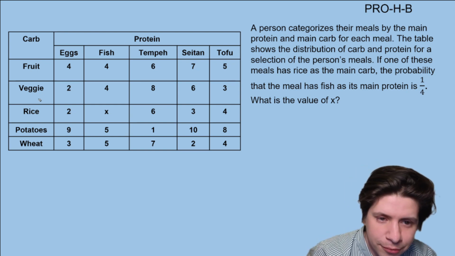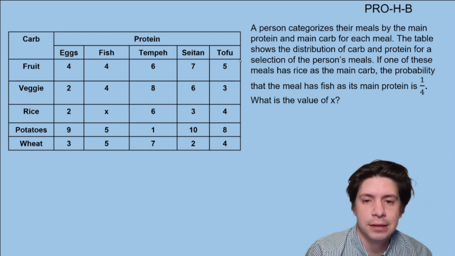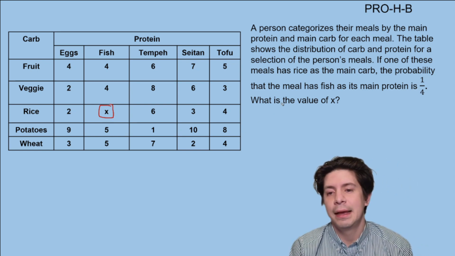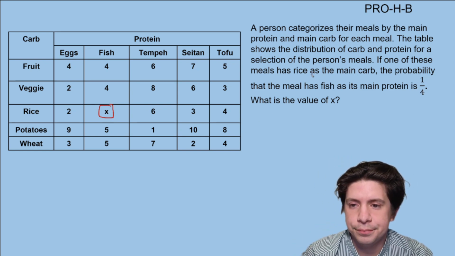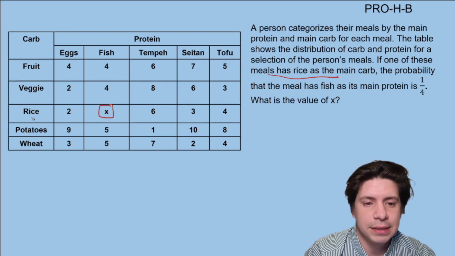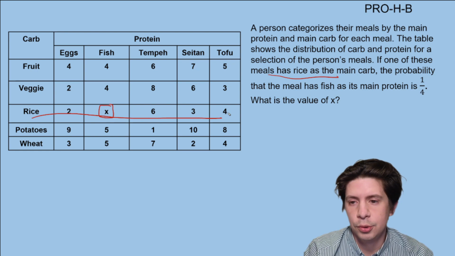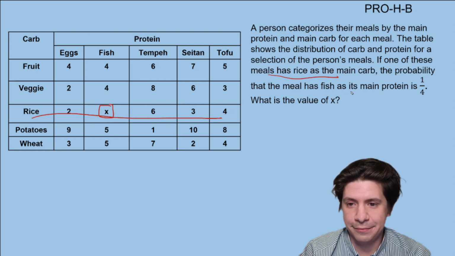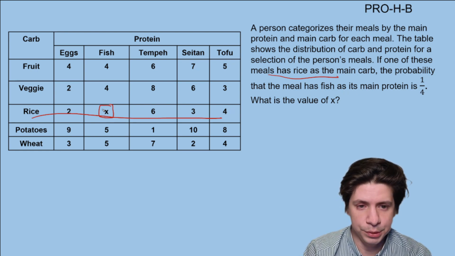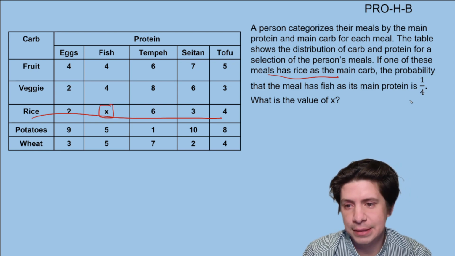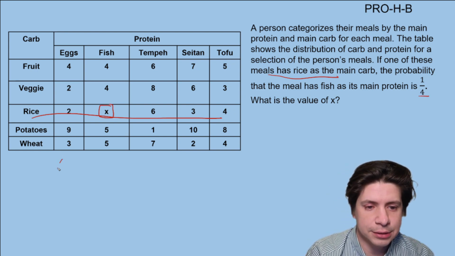So if we look at this chart, right, everything is filled in. There's no totals this time, except here we have an X instead of a value. And that's what we're looking for. So it says one of these meals has rice as the main carb. So rice, right, that's this here, this whole row, has fish as its main protein. So fish is X. What is the value of X? So when that happens, it's 1/4. So X over the total